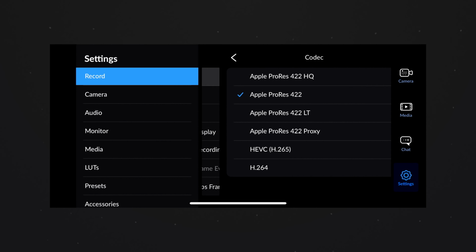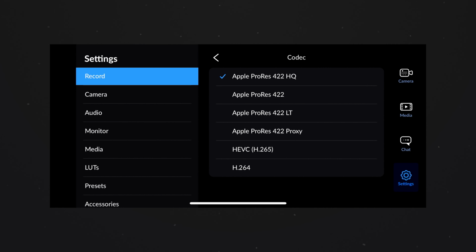That's a good thing about the Blackmagic Camera app. You can select Apple ProRes HQ. You can select to film in Apple ProRes 422. You can do Apple ProRes 422 Lite, which is LT, or Apple ProRes Proxy. There's also H.264 and H.265. So the Blackmagic Camera app is what I'll recommend, and that's what I'll use if I had just an Apple